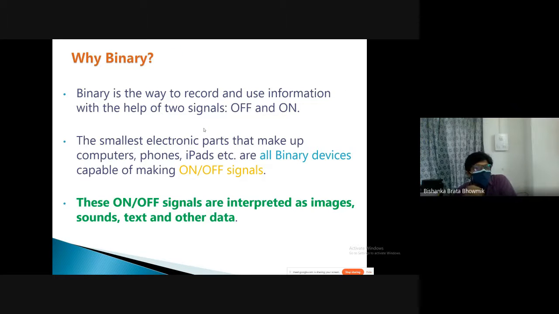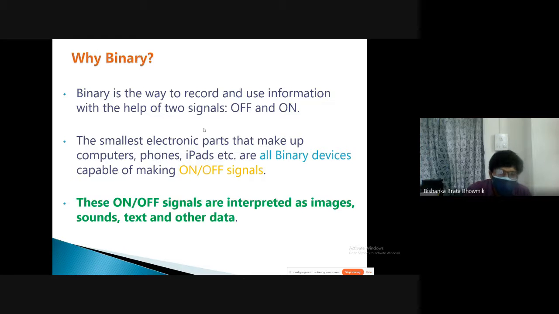Now, why do we go for binary? This is the main thing. They have to understand that in computers, all electronic circuits work on binary systems only. If it is on, that means 1; off, it's 0, right?